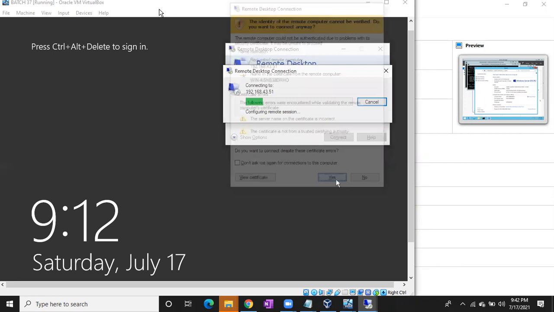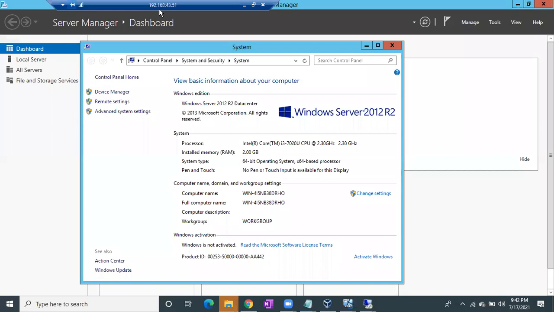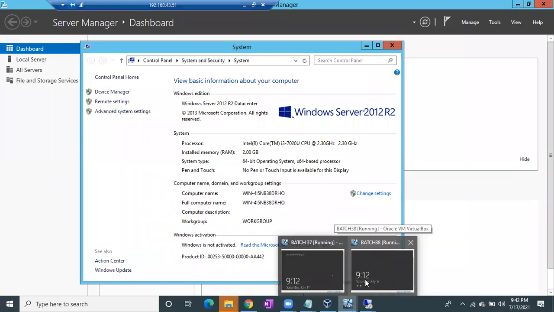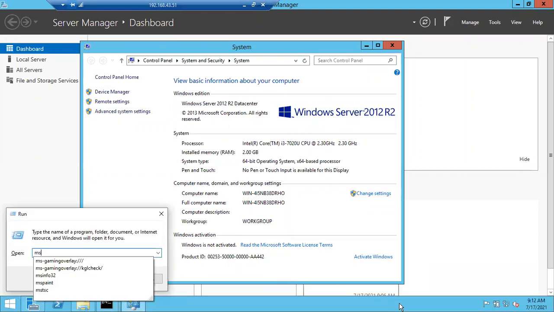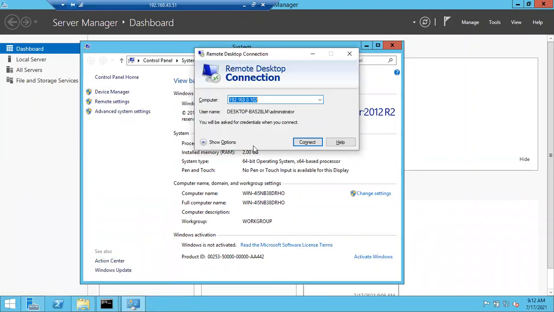This is how we are going to connect to the server remotely in the organization. Again, people will ask, sir, where to check the IP address? In the organization, you need not check the IP address by directly logging into the server. You will get the IP address or server name. Simply open mstsc on your local laptop, give the server name or IP address in this section, and click on connect. The organization will give you separate credentials once you get the job. You have to use those credentials to log into the server remotely.